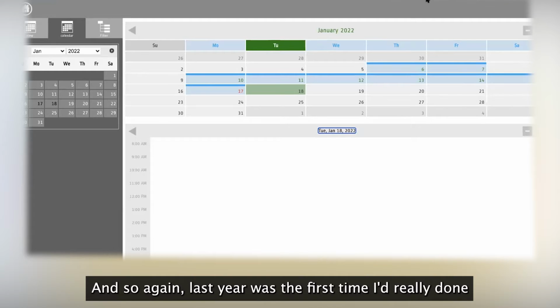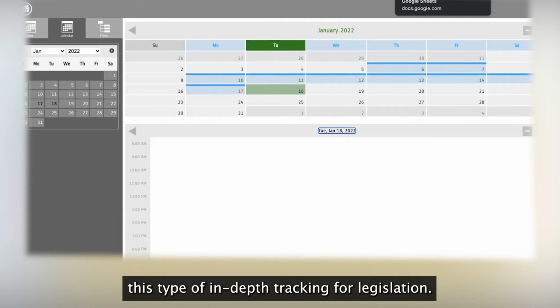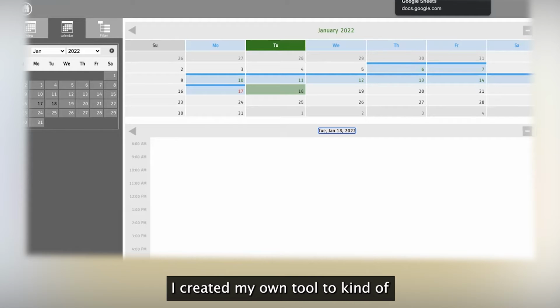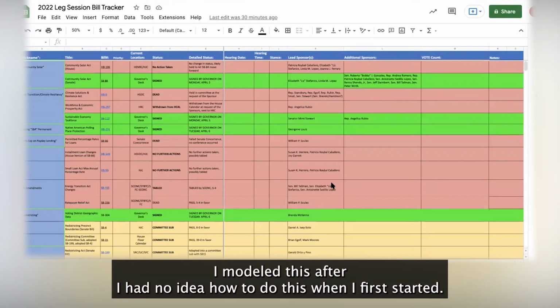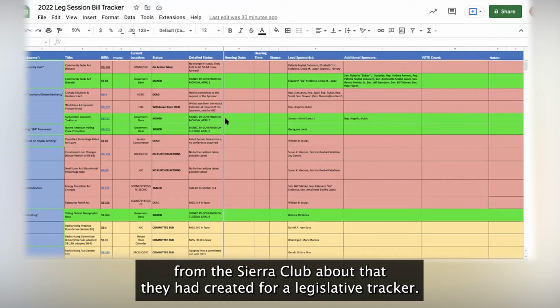So again, last year was the first time I'd really done this type of in-depth tracking for legislation. I created my own tool to help us stay on track with that. I had no idea how to do this when I first started, so I did a ton of research, and I found something pretty helpful that the Sierra Club had created for a legislative tracker.